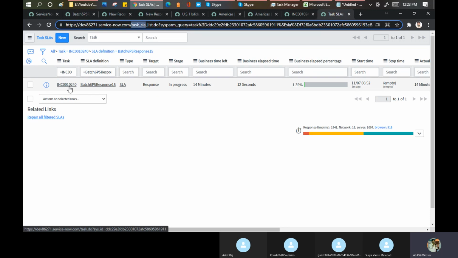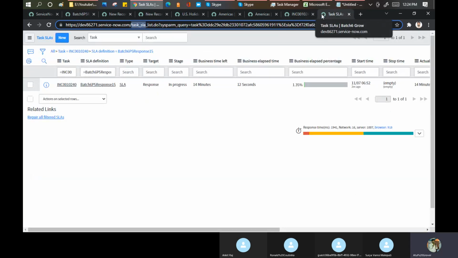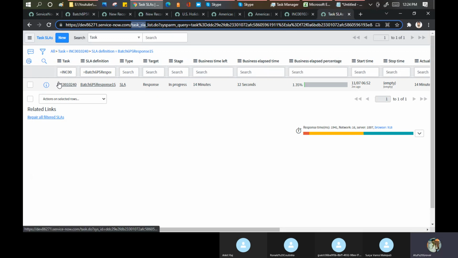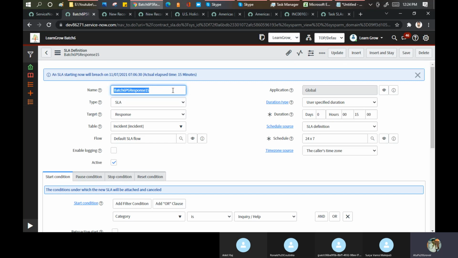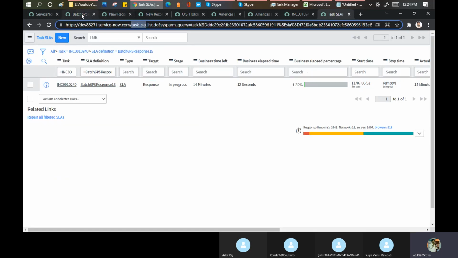Remember this line, because when we see the database view, this term will come into the picture. Then you should be able to understand why I was saying this point earlier. So incident and task table are interrelated only with one parameter called the incident number. That is the one thing. SLA definition is coming from this particular area. This is the name of the SLA definition. Okay. Type again is coming from this area.